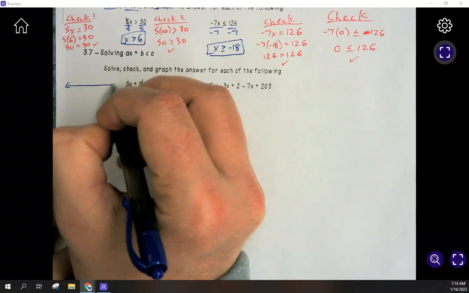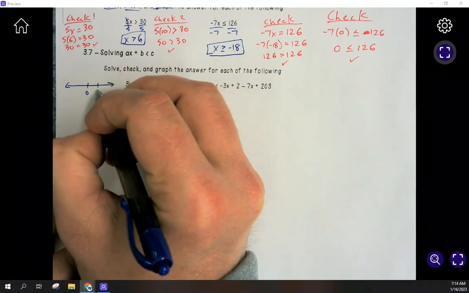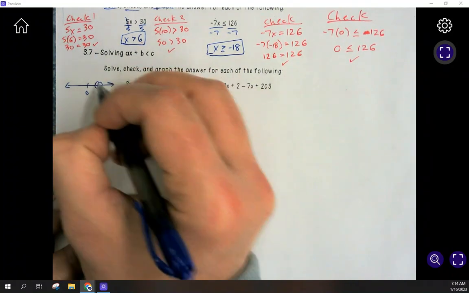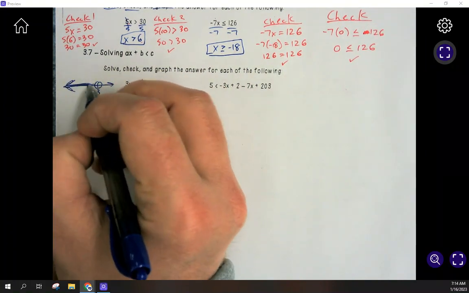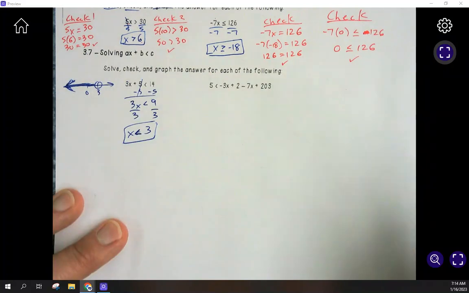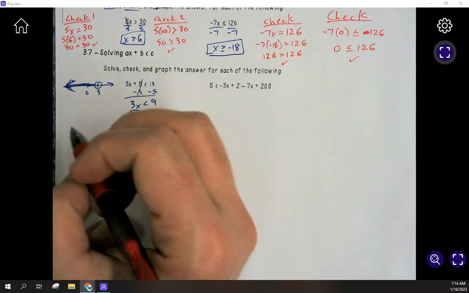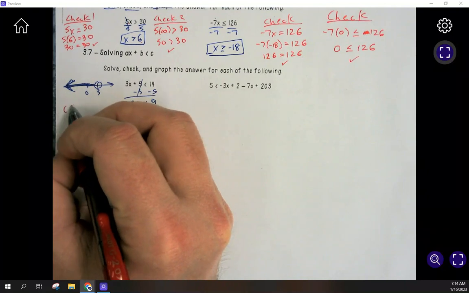If I'm graphing this, here's 0. 3 is above it. Open circle, there's no equal sign, and now it says less than. So I'm shading this way. Notice that 0 is in my shaded region, so when I get to check 2, 0 would be perfectly fine to use. So check 1,